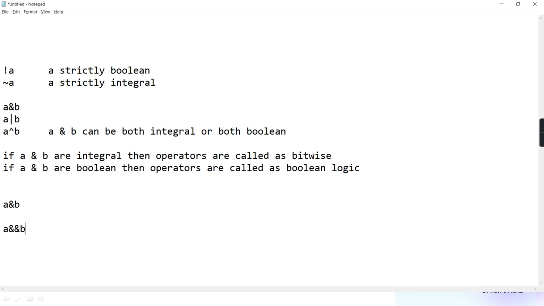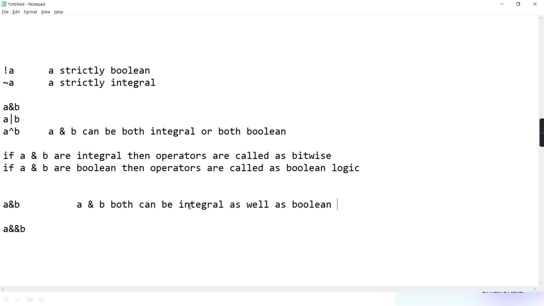The first difference is that here A and B both can be integral as well as boolean. Do you agree with me, guys? If they ask you the question, give the difference between single and and two and, 2 points you should remember. Only that much is sufficient to answer in an interview.